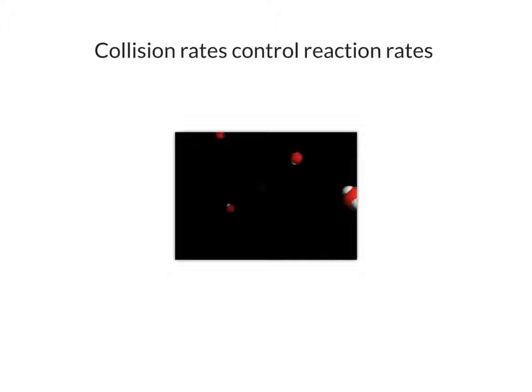In order for two molecules to react, they must first collide. If you watch this video of gaseous water molecules, you can see that the water molecules are moving around in their container, and every once in a while, two of them will collide with one another. And we have a collision, and if that collision has enough energy, then those two molecules have the possibility of